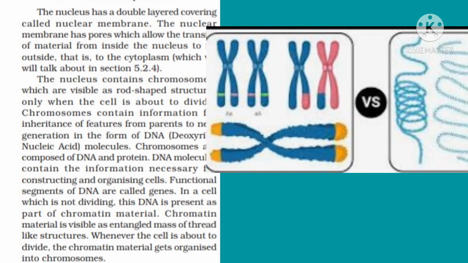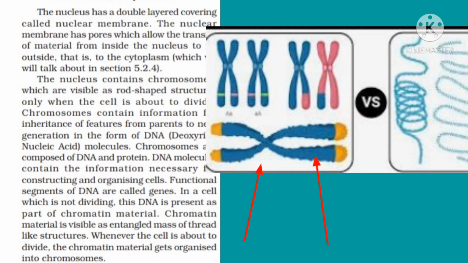Inside every nucleus, there is a chromatin material. This chromatin is made up of DNA molecules and proteins like histone. The full form of DNA is deoxyribonucleic acid. Its function is to carry genetic information or hereditary materials from parent to offspring. During cell division, this thread-like structure chromatin changes to form a complex structure, that is rod-shaped or ribbon-like structure, chromosomes.